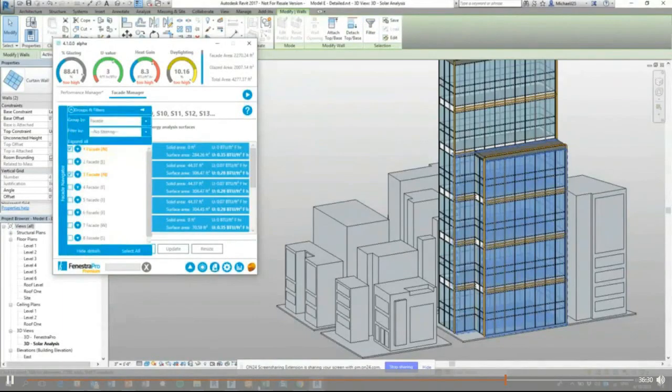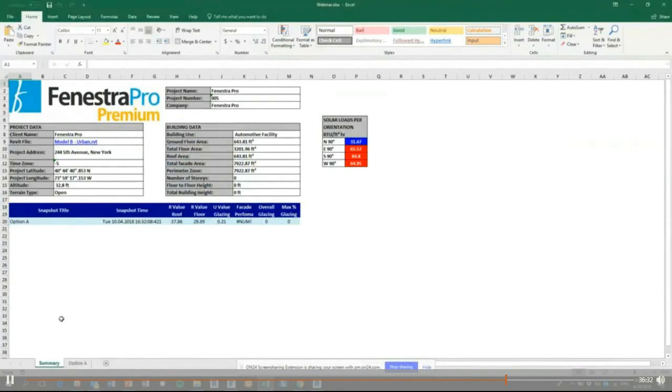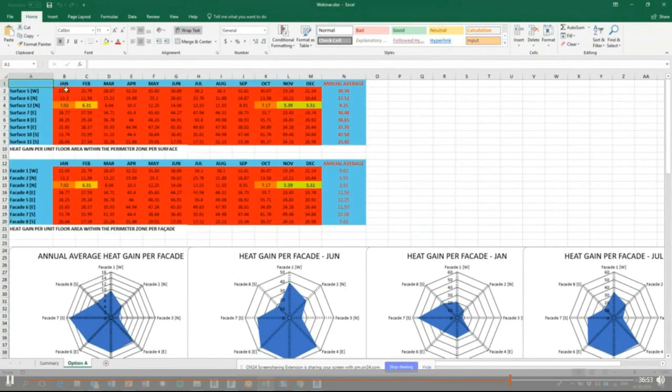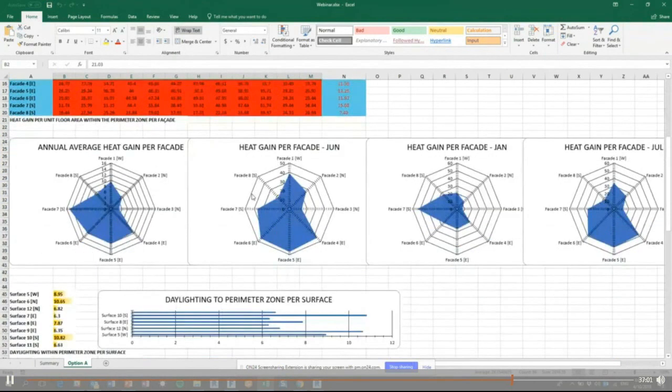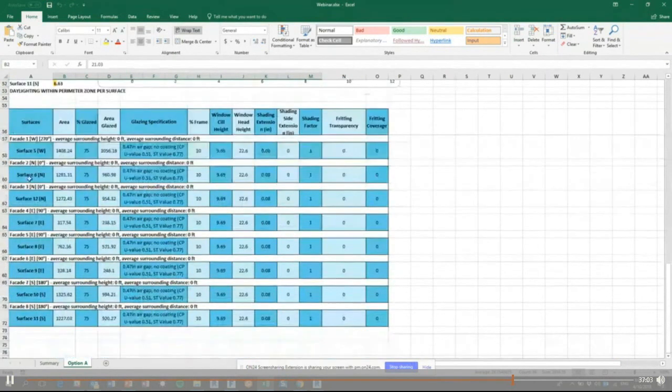So this is one I would have created earlier with just a single option. So it'll just give me a simple summary, first of all, with the client or the project data, the address, the areas, the quantified volumes or whatever that may be. And it will populate each snapshot that I've taken. It will also create a new tab within this sheet showing me heat gains throughout the year across all the different surfaces, facade by facade, surface by surface, orientation information, daylighting information, and then this